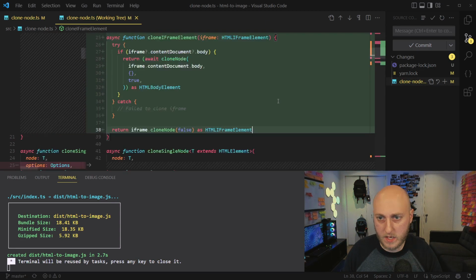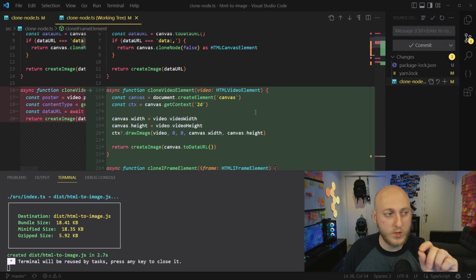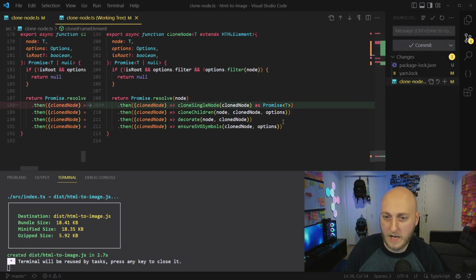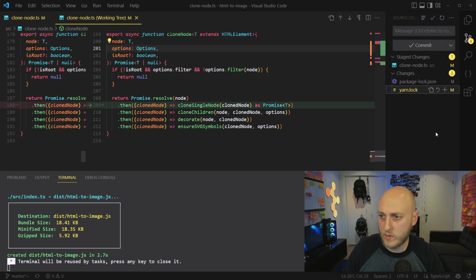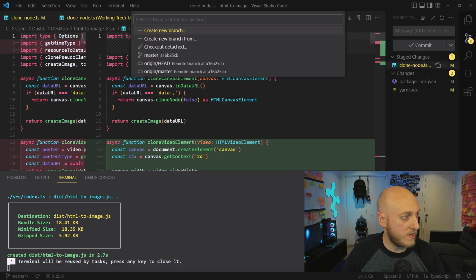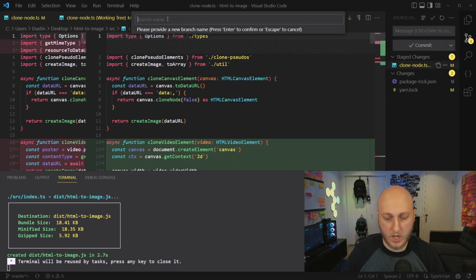Let me just fix these little ESLint issues. The ESLint rules for this repository don't like semicolons, which is kind of the opposite of how I have it normally. But yeah, I think we're good for that. We're not going to worry about the package lock files or any of that stuff. So we're just going to focus on clone node here. And what we're going to do now is make a branch. To do that in VS Code, I just click at the bottom left under master here. I do create new branch, and I'm going to call this